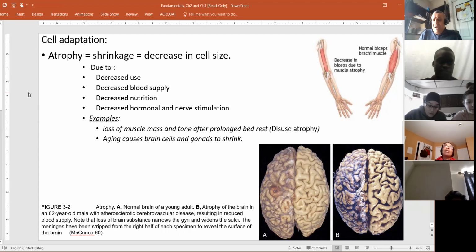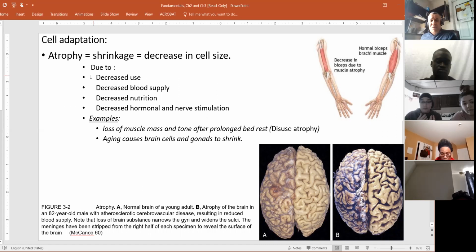Have you seen people with paraplegia? Who are paraplegic, or with a CVA and have limited movement of the arm and leg, like a severe brain attack or stroke? Patients with paraplegia or quadriplegia. So there will be an atrophy of the cell. We call it atrophy when the cell atrophied or the muscle atrophied. So with the atrophy, the cell size becomes smaller, and these are the reasons why the cell becomes